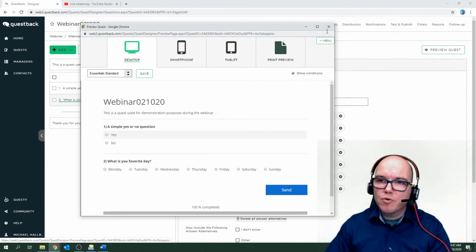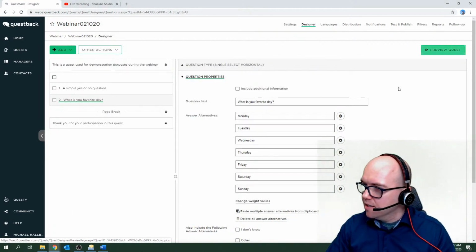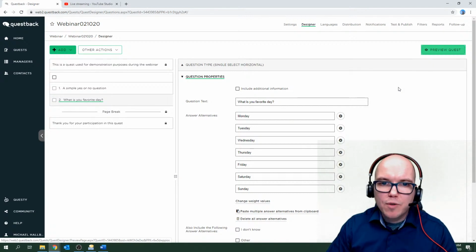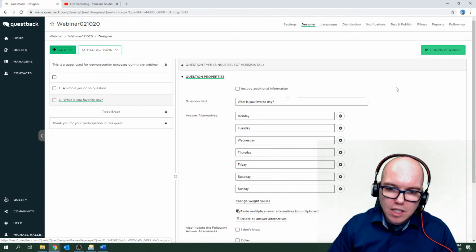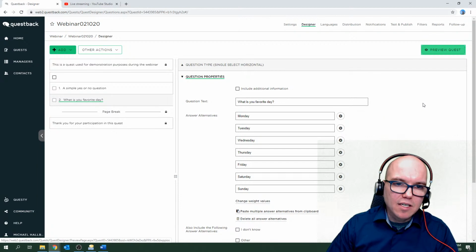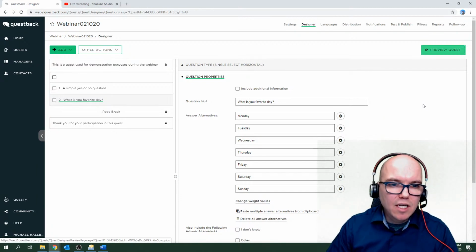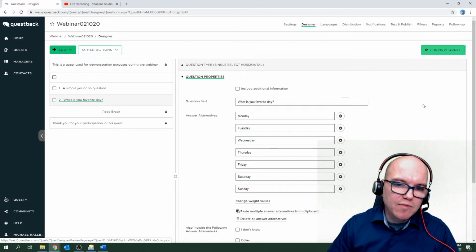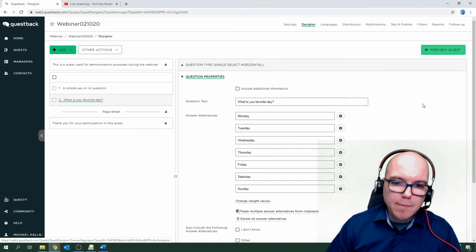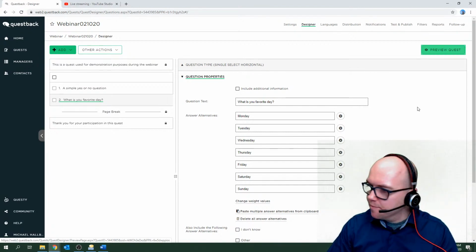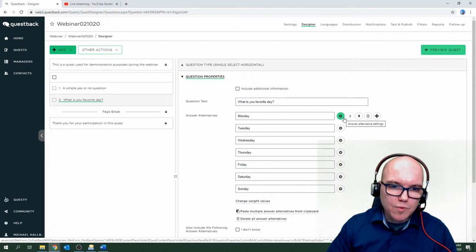So once again, preview quest, very handy way of seeing what the quest looks like with all the conditions, things like that. It's a nice tool to use when you're designing the quest. I always check in pretty much after every or every other question, depending on how many changes I made, just to get an idea of what I'm looking at, and sort of what the whole quest looks like